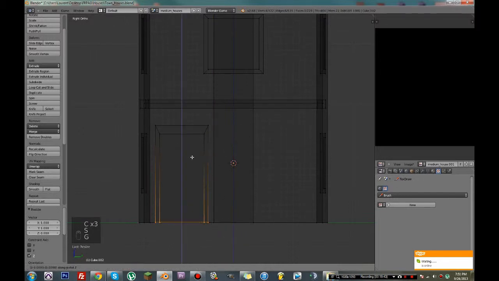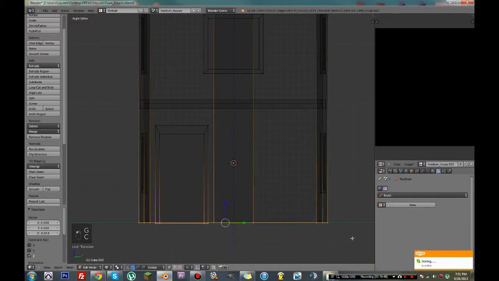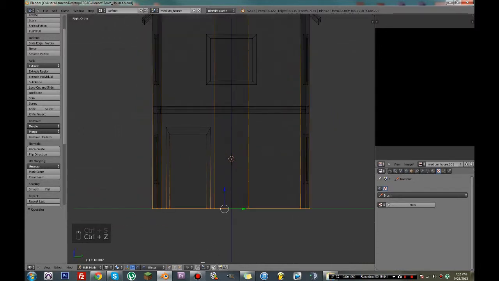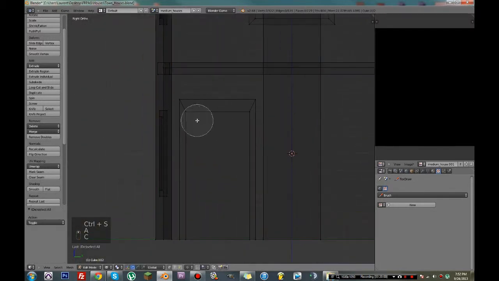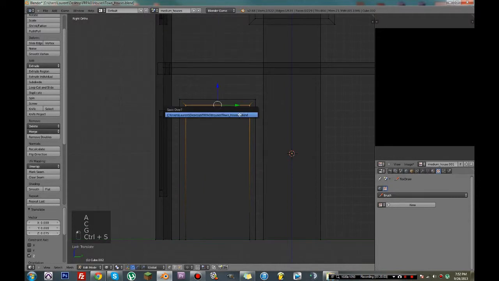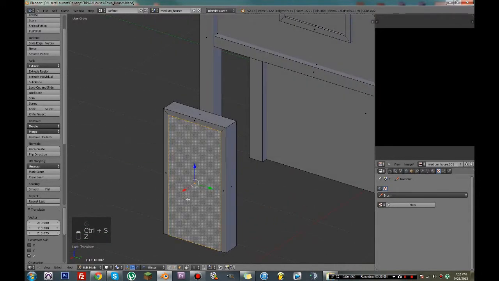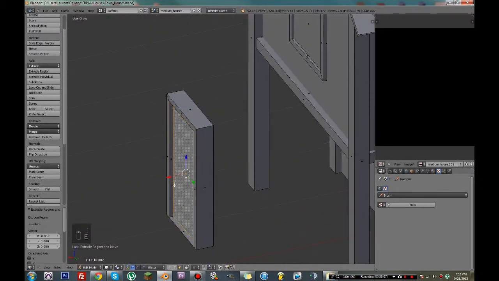Scale it Z0, and what you can do if you want is scale that Z0 and Shift S, snap to grid, selection to grid. Or you can hold Control, and it'll snap. Either way, it's up to you. And I'm going to grab these, sorry, and bring them back up there. And then finally, sink that inwards and delete